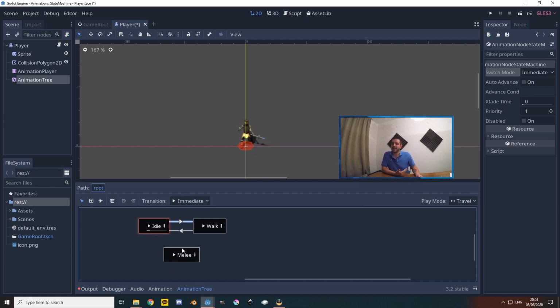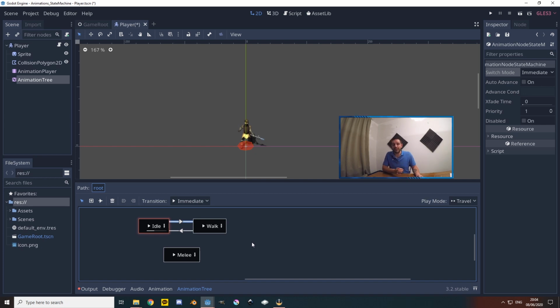So for the melee attack, the first thing we did in the code when we programmed this in the first place is that whenever we are attacking, we're standing still. In other words, we always attack from an idle position. Even when we're walking, what would happen in a single frame that is undetectable for the player is we transition to idle, and then we transition to the melee animation. So we're not going to make any connections between walk and melee.